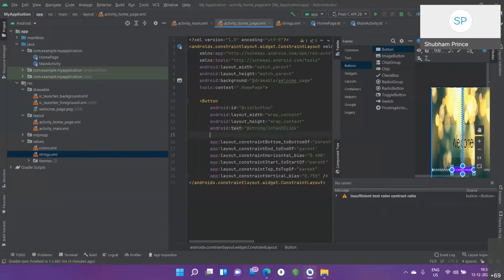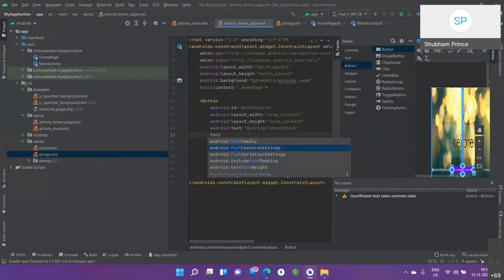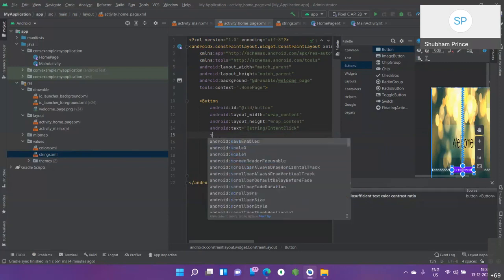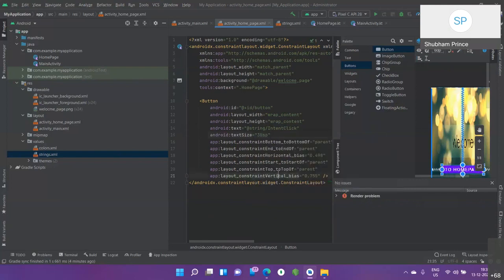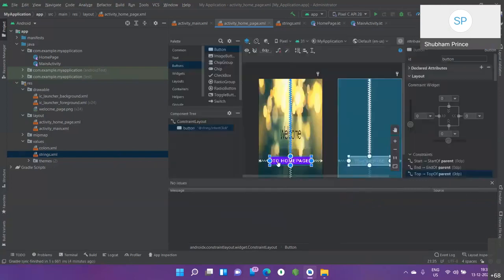This is where I can change the font size. Okay, font size and families are there. I'll set the text size, and we'll make it, let it be, because the text will go with SP. Okay, 30 SP. Fine. So I have a bigger image now. Let's see. It's horrible, but it's fine. Leave it. Okay. To home page.